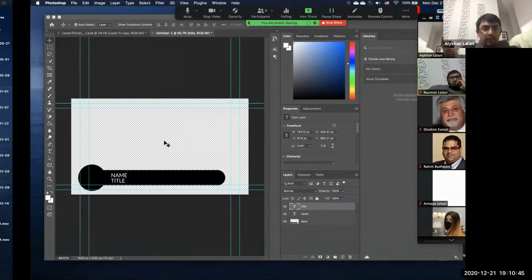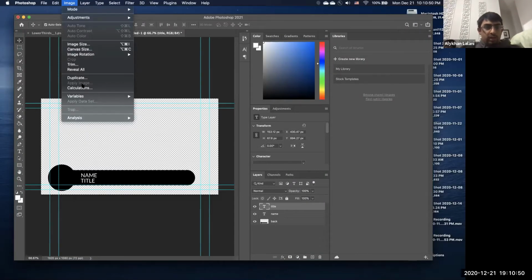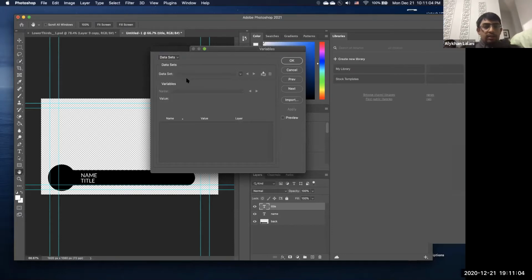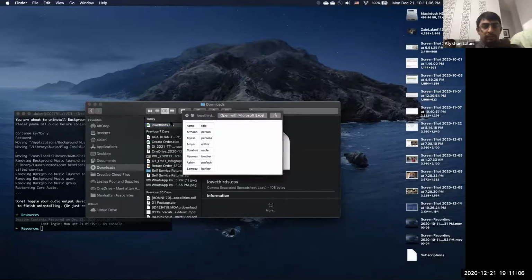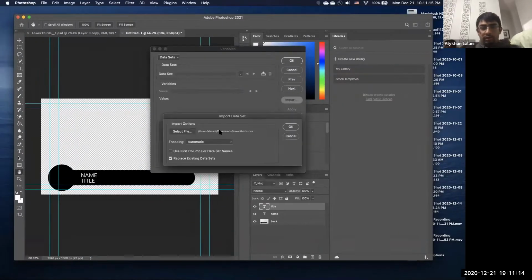So now we'll go back to Photoshop here. And we shall go back to this variables. And now we can go to data sets. So up here we had defined, this is where we originally said, okay, title and name. And now what we have done is we're going to go to data sets. And this is where we've said, we have the name and title here as the first variables, and we've added all these people. So now I'm going to import this file,